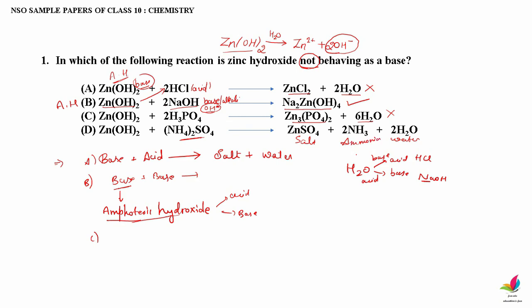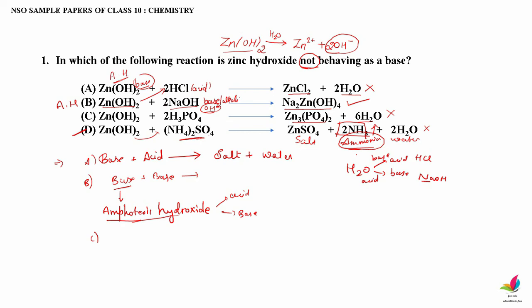Now this reaction is almost similar to an acid base reaction, but here instead of an acid, the base will react with the ammoniacal salt, here ammonium sulfate. So the product will be similar to an acid base reaction, that is salt and water, but along with salt and water you will also have a gas, that is ammonia gas, evolved in the reaction. So this particular reaction is useful in the production of ammonia gas. Wherever you need ammonia gas, this particular reaction can be used. In this reaction also it is acting as a base only,